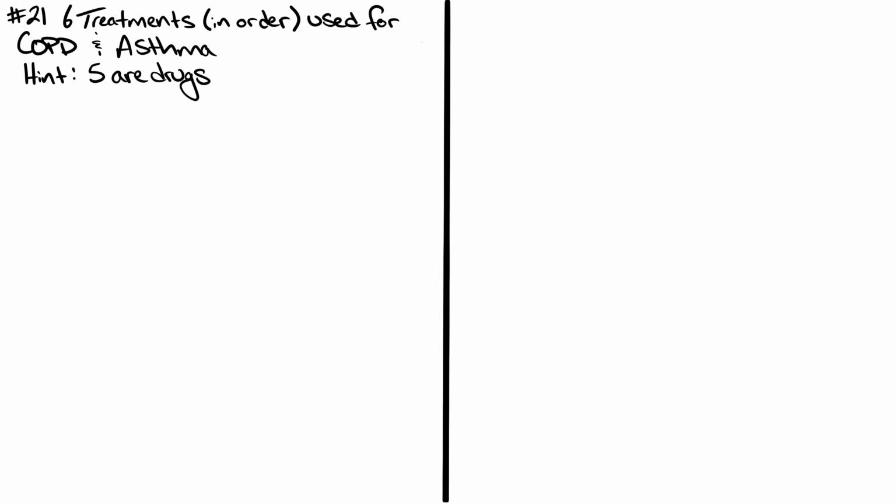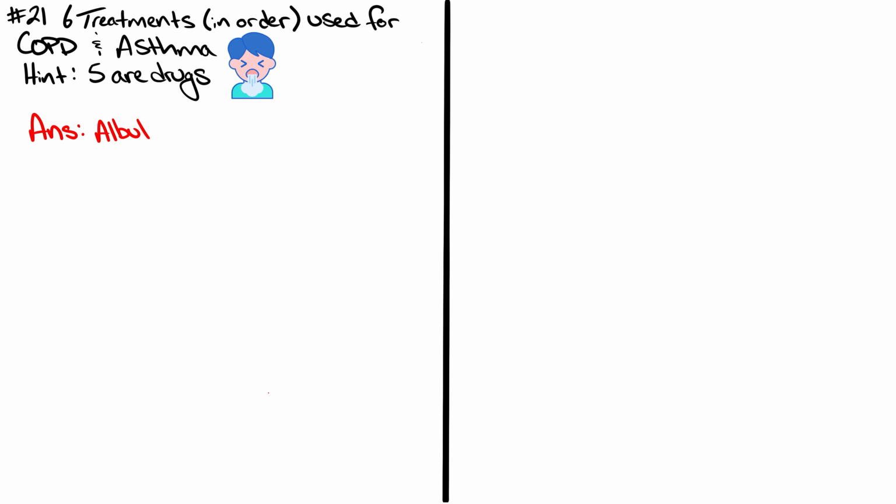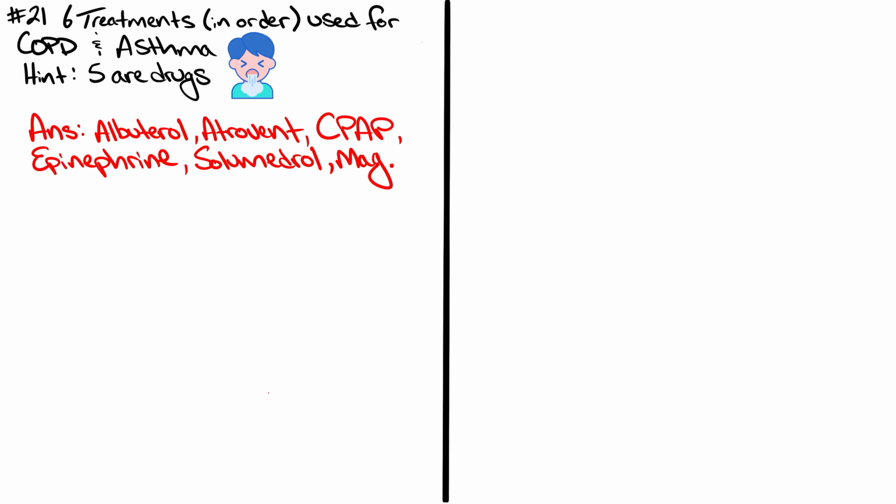Alright guys, again, thanks for joining me, and we're going to be jumping back to question 21, which was, which 6 treatments in order can be used to treat COPD and asthma? Now obviously there's a lot you can do for asthma and COPD, so I put a hint here as to what I was kind of looking for with this question, and the hint that I included is that 5 of the answers are going to be medications. So in order to treat asthma and COPD, you're going to use albuterol, Atrovent, your CPAP, epinephrine, Solu-Medrol, and magnesium